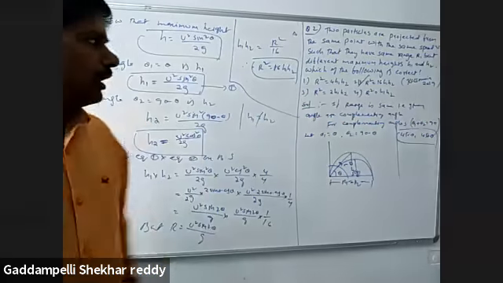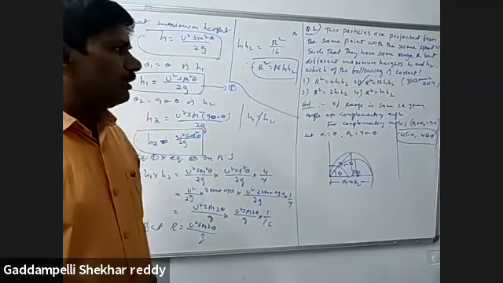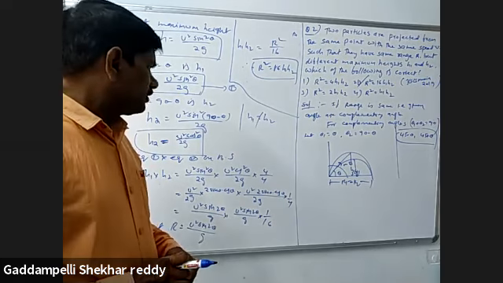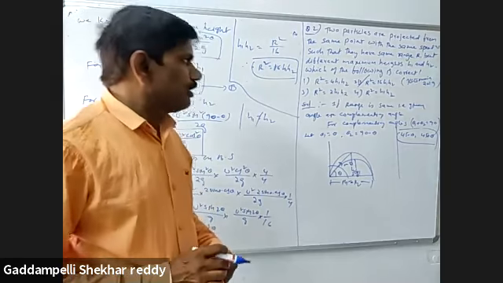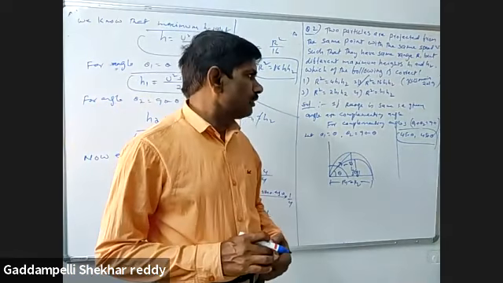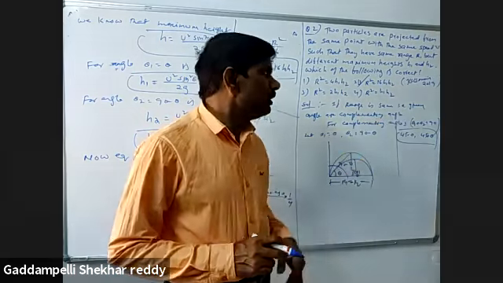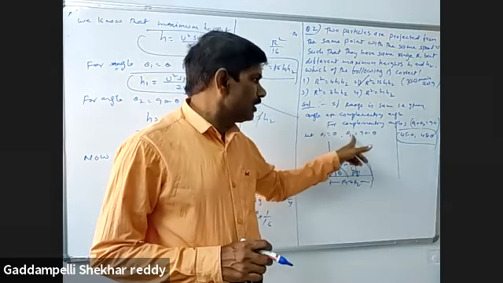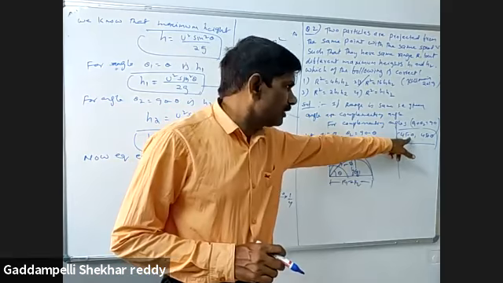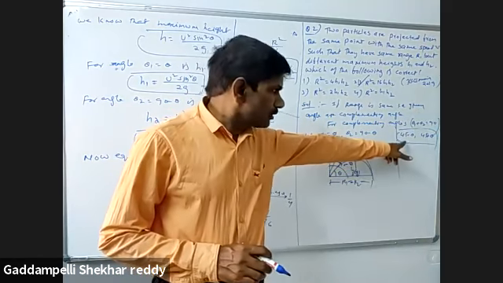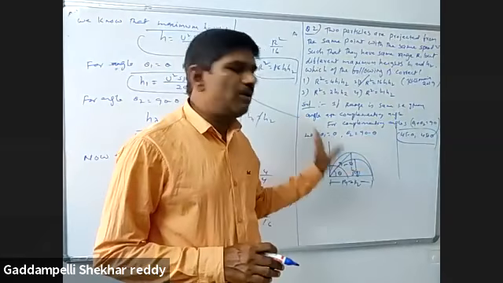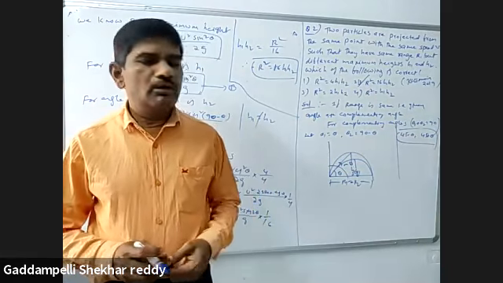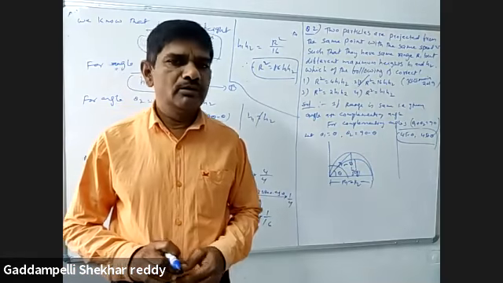That means the range is independent of the complementary angle. In all complementary angles, the range is the same, but the maximum heights are different. You should remember that the sum of complementary angles is always equal to 90 degrees. One angle theta, the remaining angle 90 minus theta. Theta plus 90 minus theta gives 90 degrees. One angle 45 minus theta, 45 plus theta, also add up to 90 degrees. For complementary angles, the range is the same, that is R1 equal to R2, R1 to R2 is 1 to 1, but the maximum heights are different.